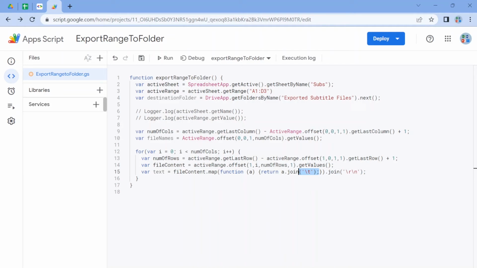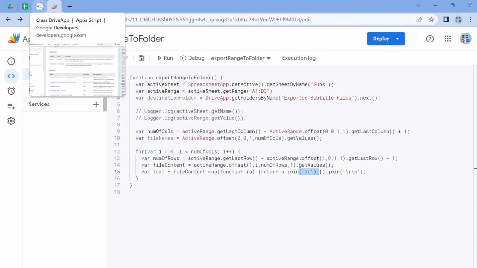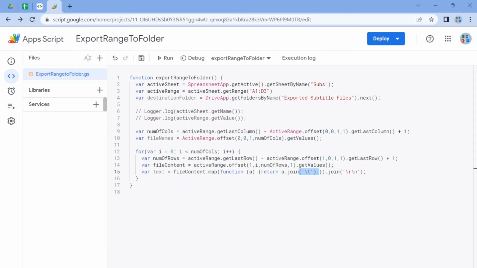We don't have any columns. We only have a single column in each file content. So there's not gonna be any scenario where we have a tab at all. So we don't have to worry about that. So that is gonna be the code that we have here. And I think we're ready to run some tests. So let's close this for loop here.